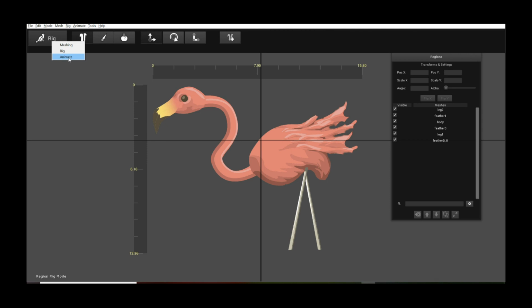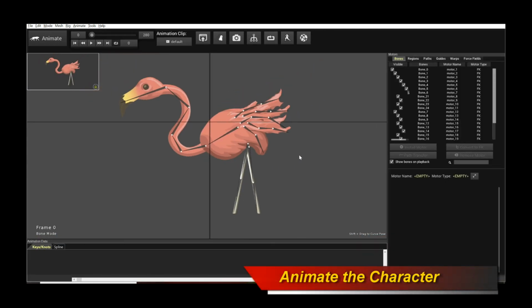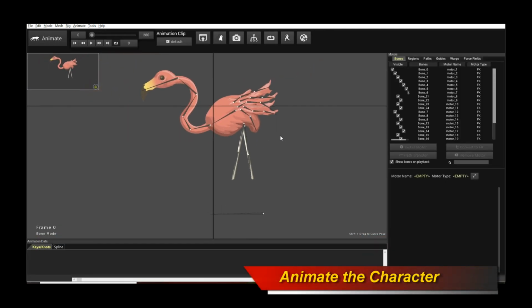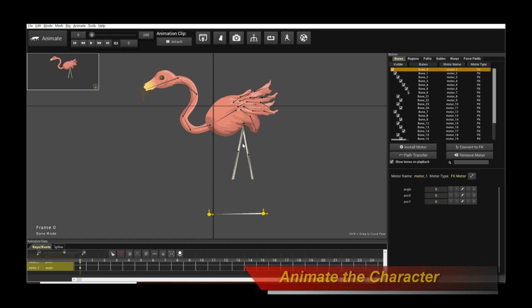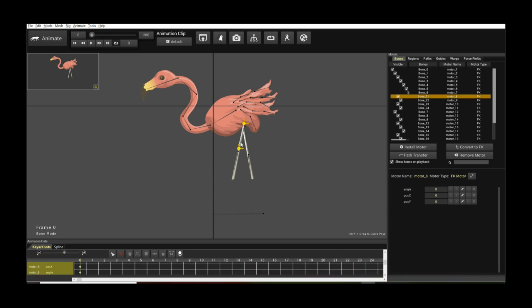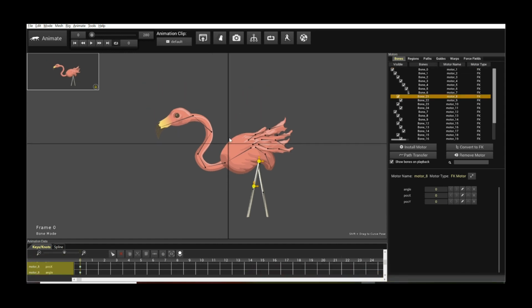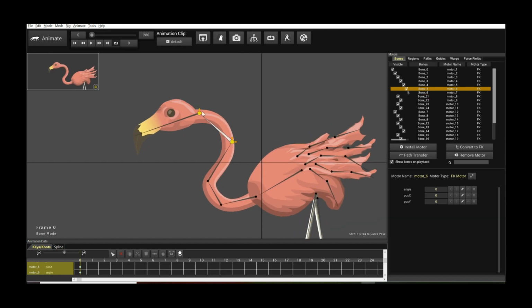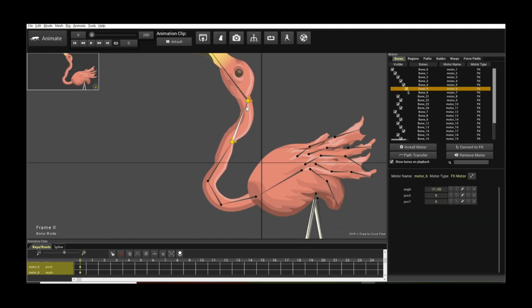Right, so let's go to animate mode, click on animate, and then let's start animating. Very exciting. Let's start with the basics, keyframe animation. So all you need to do is click on the bone you care about, whatever bone you want, and then just rotate it or drag it around, translate it. Creature auto keys, so it will automatically set a keyframe